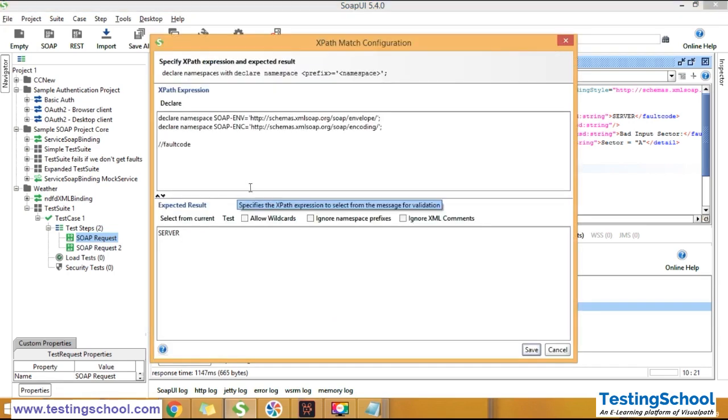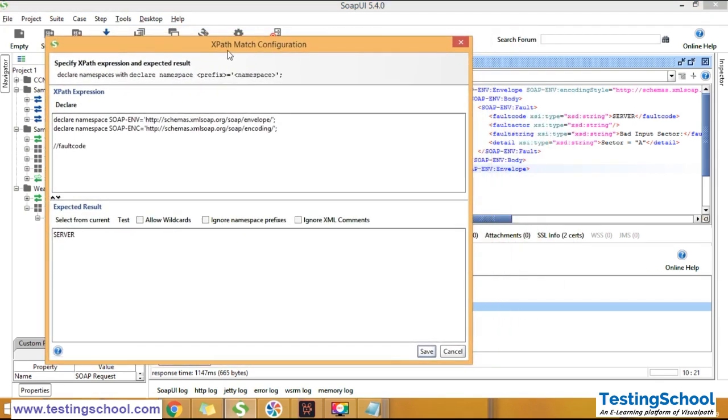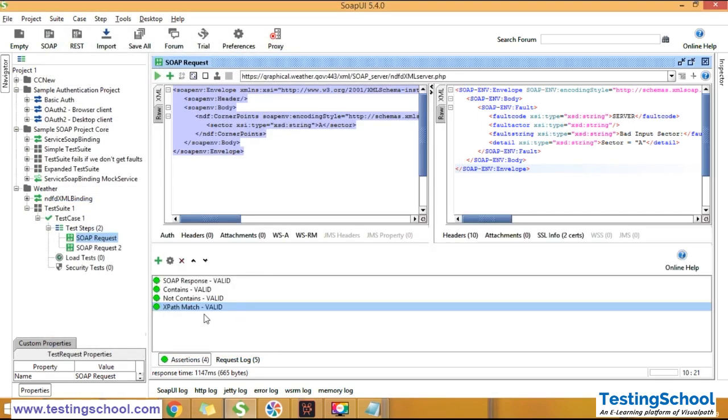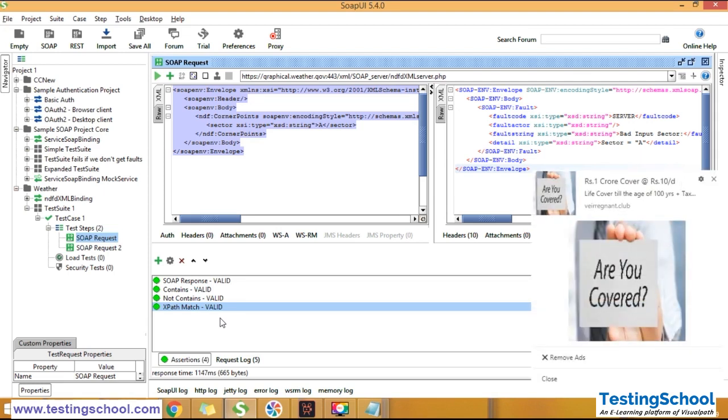So if I want to validate some fault string, what can I do? Fault string. So Select from current, I reset, bad input sector, click on save. These XPaths are very important, and we have to look into them in depth, because here we are validating only a SOAP fault, but when we have a SOAP response, in which we have received multiple data, we need to validate how many, for example